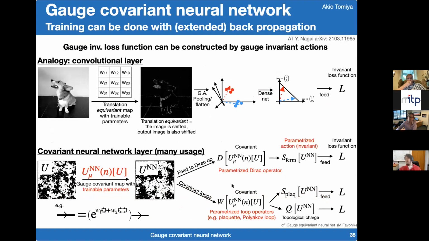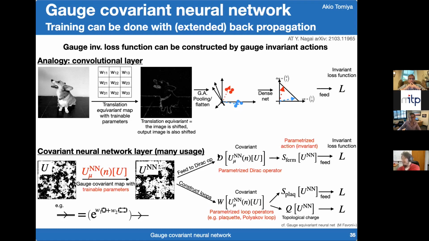Okay, let me go back to my talk. So a gauge covariant neural network is a parameterized smearing. This realizes the map from configuration to configuration, and the configuration is fed to the covariant neural network. This is a stout type, and there are two parameters here. This is not a unique choice, just for explanation. There are two coefficients determined in the training, and the configuration is modified into another configuration.